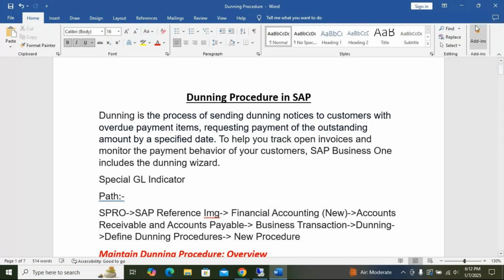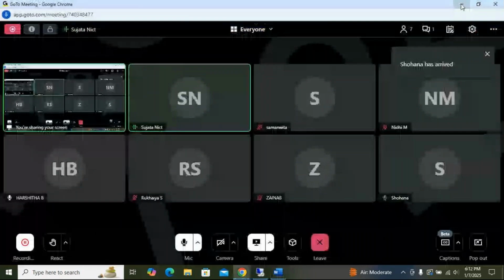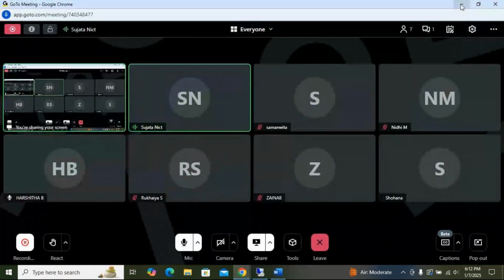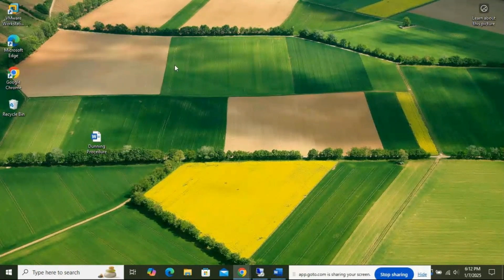So let's start with a little bit of accounts, that is, the customer creation. How to create a customer? I'm going to do it in the new company which we have created, the company in which I showed the cash journals yesterday. That company we are going to use.